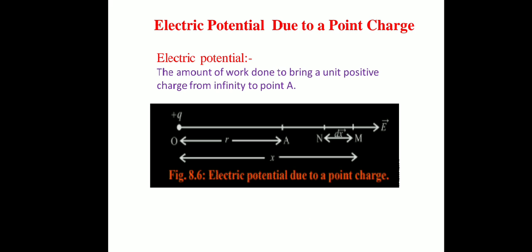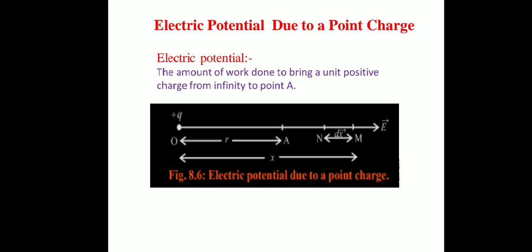point. Now let us consider figure 8.6, and in figure 8.6 at point O we have a plus Q charge. Point A is located at a distance small r, then N point is there, M point is there, and the distance of point M from point O is small x. Then the distance between point M and point N is dx. Dx is the infinitesimal small